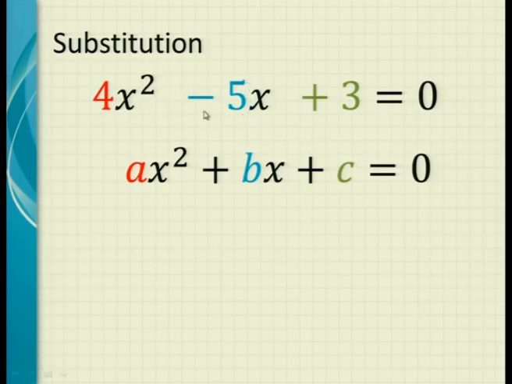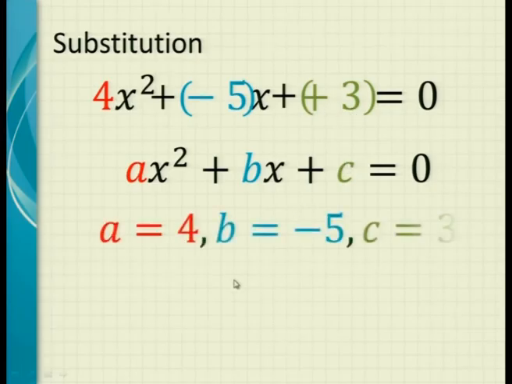But in your imagination, because we are looking at the standard formula, ax squared plus bx, if it has to be plus bx, then the b value will be minus 5. So we've got ax squared plus bx, and the b now equals minus 5. What can you tell me about the c? The c equals plus 3. So those are the values in this equation: A equals 4, B equals minus 5, and C equals 3.